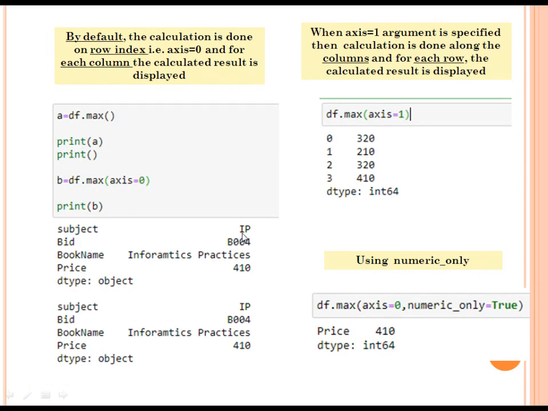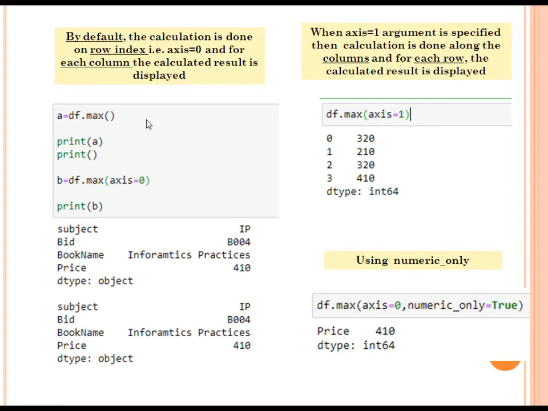The ASCII code of the first character I is higher than the others, that's why it is there. Similarly, if all start with B, then it will see the next character. Similarly in the book name, and of course in the price, it will check the numeric values and find the maximum numerically. Both answers are the same, because when you are not writing the axis parameter, by default it takes axis equals 0.